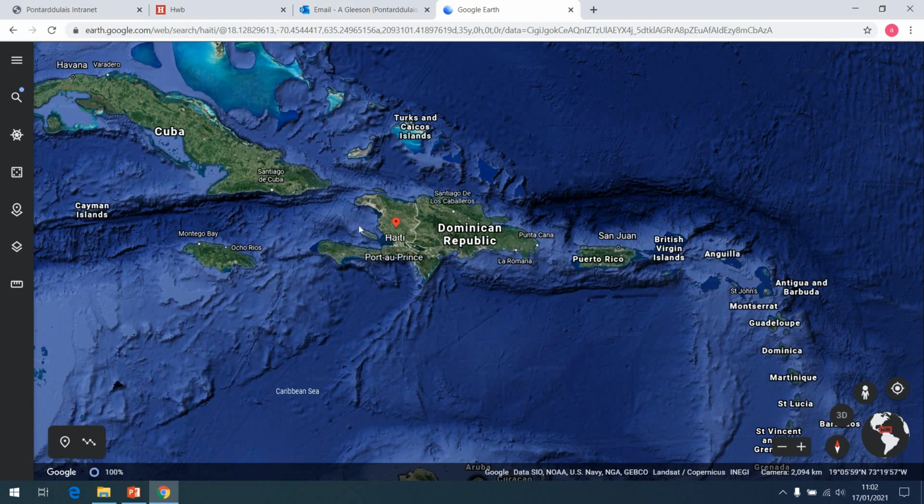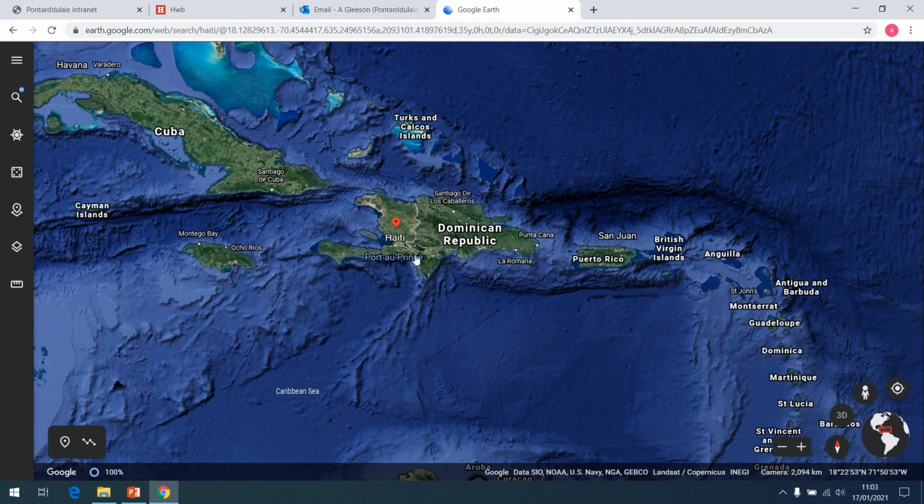Now, Haiti is the poorest country in the Western Hemisphere, in the whole western half of the world. Most people here are surviving on, I want to say, 66 US dollars GDP. GDP is the average earnings per person per month in the country. So very low income, super poor country. All right, now we're going to come back to that in terms of why it's so vulnerable to the impact of earthquakes. So that's just to give you an idea of the location, and it's the outline of this island